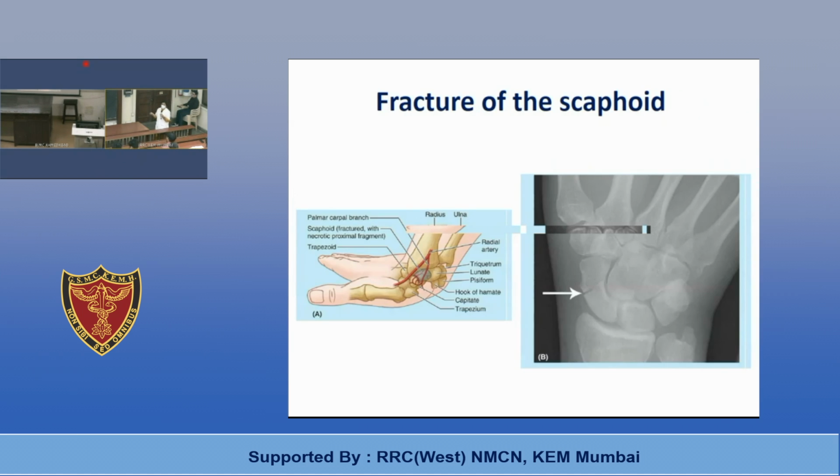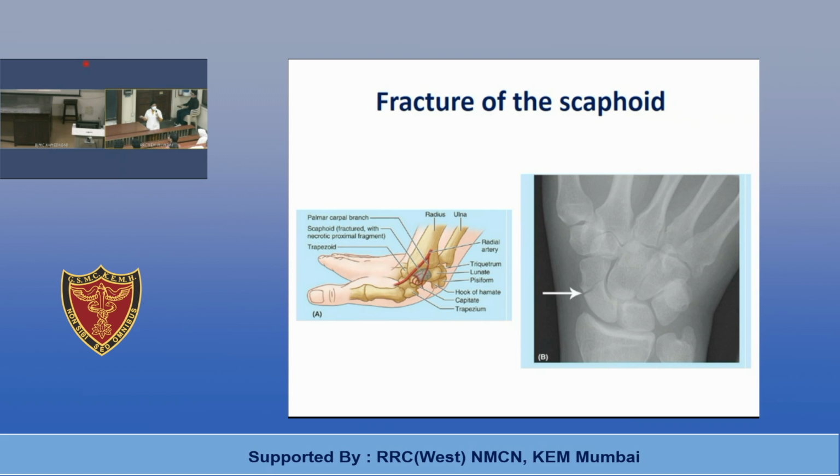Fracture of the scaphoid is another condition, again with an outstretched hand fall. Usually the waist of the scaphoid is fractured, as it is one of the long carpals present in the proximal row of the carpals. There is something called avascular necrosis of the scaphoid, which is seen because the segment which necroses is supplied by an artery which is usually cut off during this fracture, and it is deprived of its blood supply. That's why avascular necrosis of the scaphoid occurs.